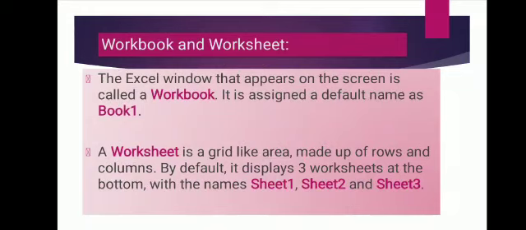Now about workbook. A workbook is a collection of worksheets, and by default a workbook has 3 sheets in Excel. You can delete or add more sheets to suit your requirements. By default the sheets are named Sheet 1, Sheet 2, Sheet 3. You can rename the sheets to more meaningful names, such as daily expenses, monthly budget, class, subjects, etc.